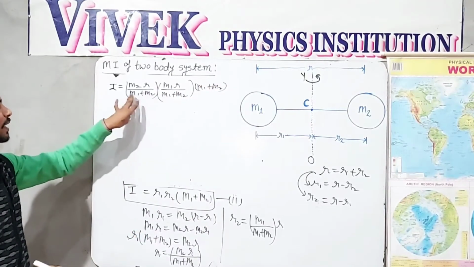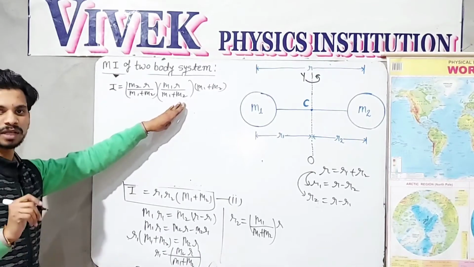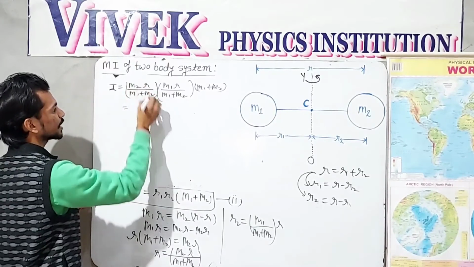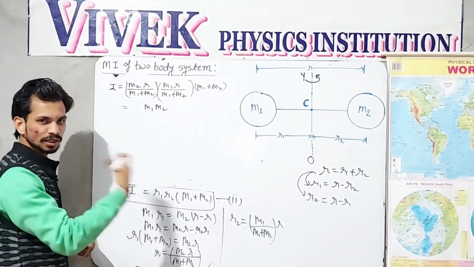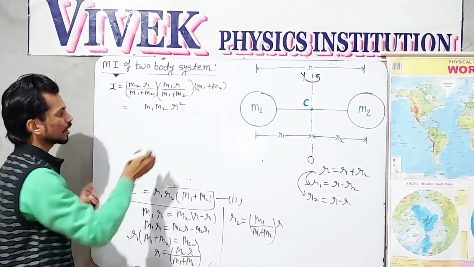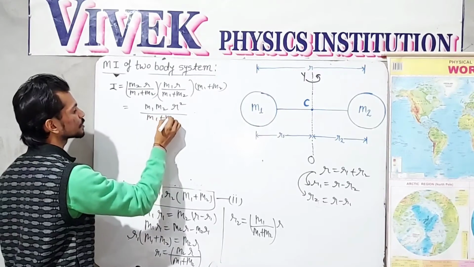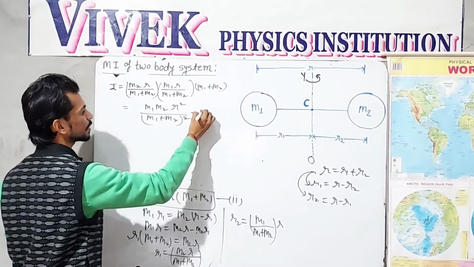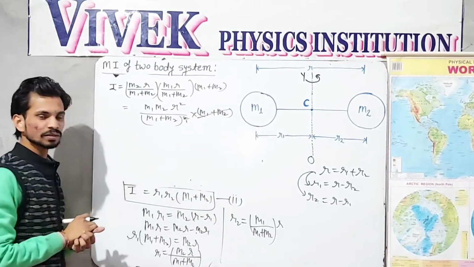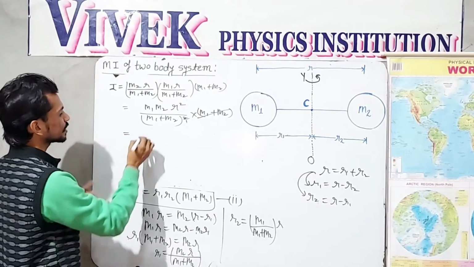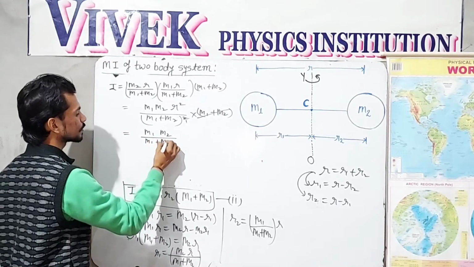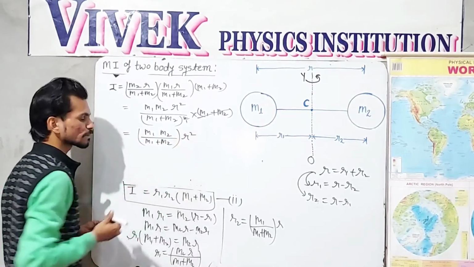In the complete denominator, M1 plus M2 are appearing 2 times. So this becomes their square, and in the numerator, this is M1, M2, giving priority to 1 and then M2, and this is R and R, so R square, divided by M1 plus M2 whole square, and it is multiplied by M1 plus M2. You can cancel one power of M1 plus M2 here. The remaining terms are M1 M2 divided by M1 plus M2 multiplied by R square.